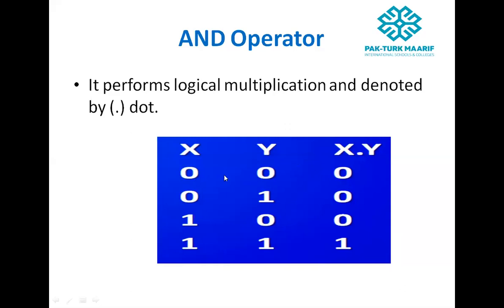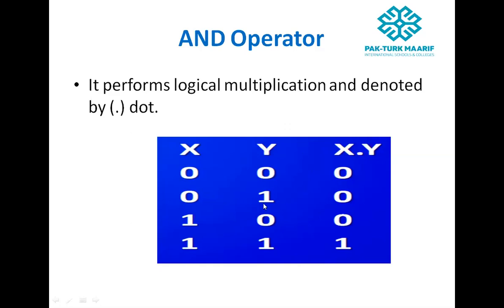So 0 dot 0 will become 0. That is, false dot false will be equal to false.